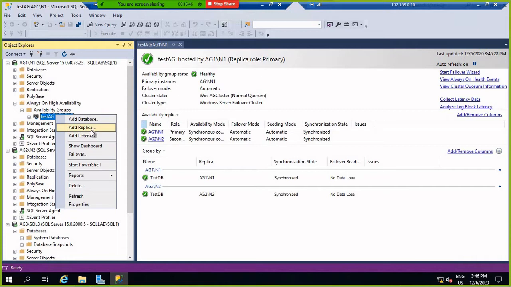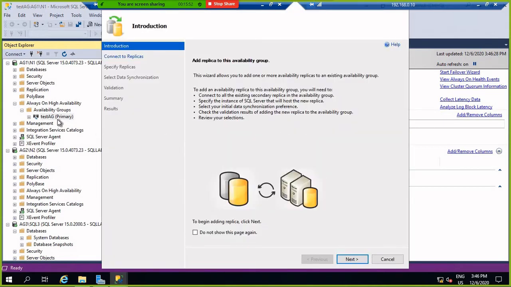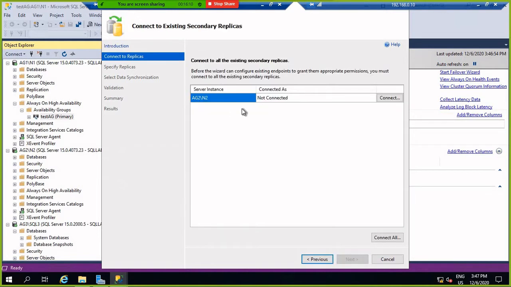Okay, and now we need to add one more replica. So just click on add. This type of activity, like adding a replica or adding a database, you are able to perform only from the primary. So just next.